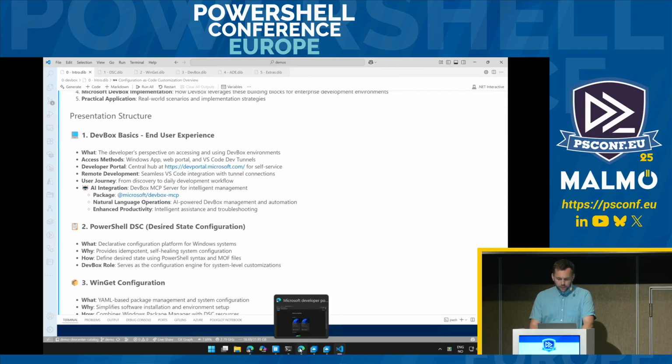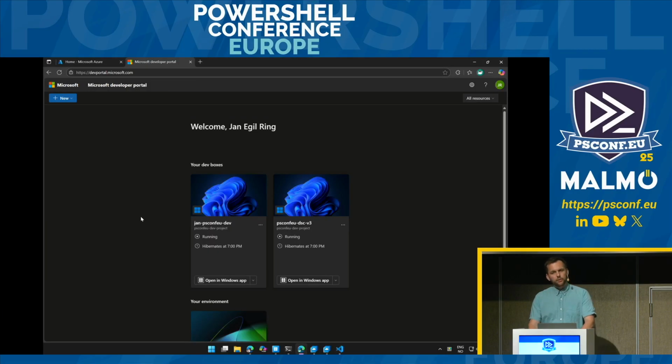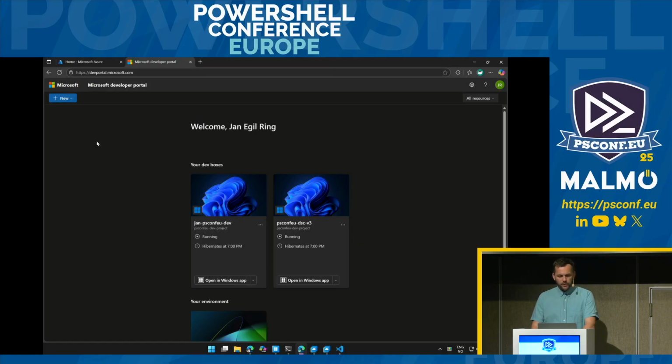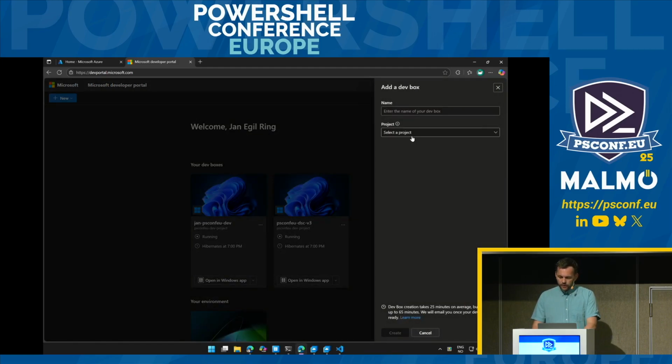So the first time you are onboarding, imagine that you're a developer, you need to create a DevBox for yourself, right? Then we have this devportal.microsoft.com, the portal where you can do the initial deployment of a DevBox. So the first time you log on here, this will be, of course, empty. So when you go ahead and click New DevBox, then you will get a list of projects that you have